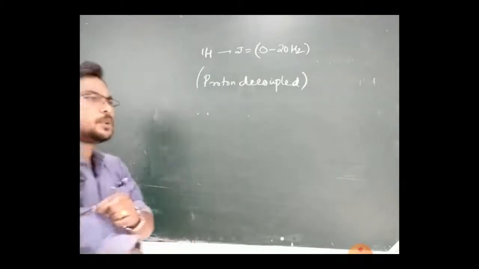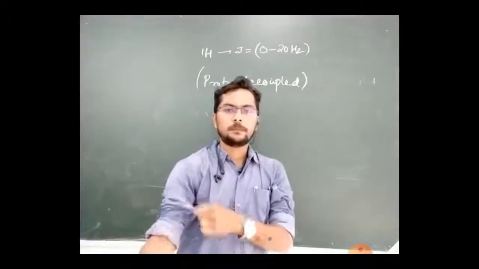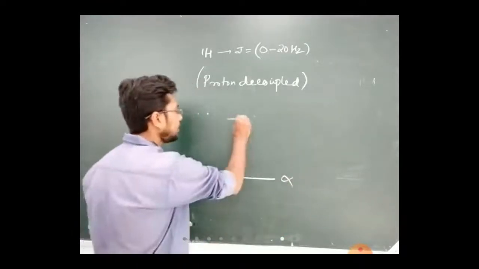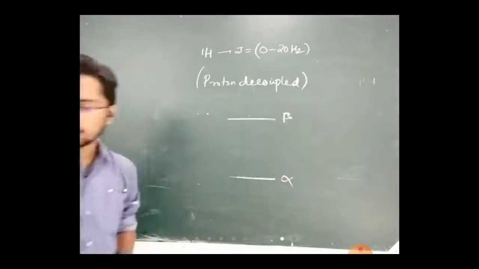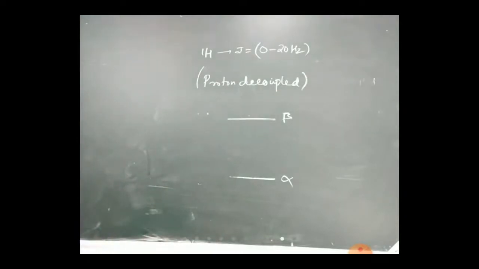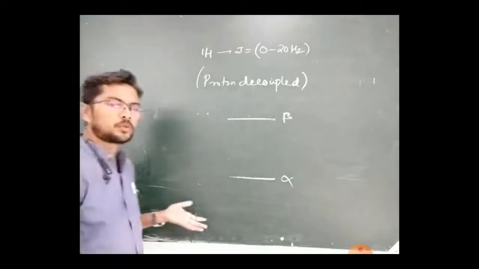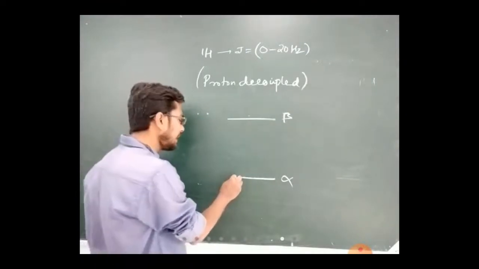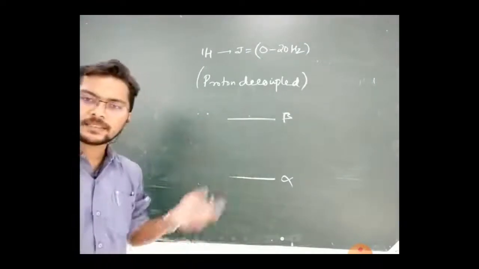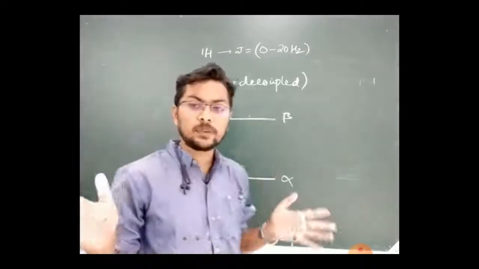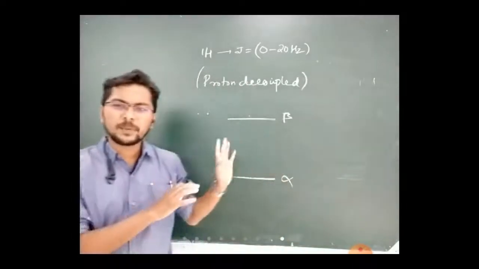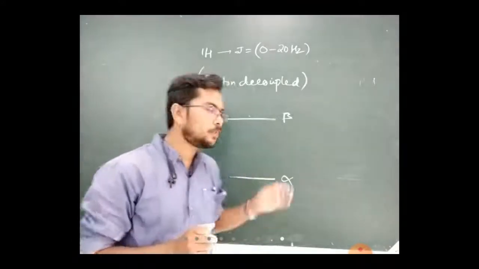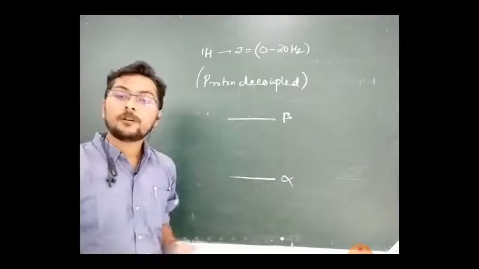Now do you remember the concept where I said that you have your alpha state and you have your beta state? The energy separation is there, and at a given room temperature, I told you that the population of the ground state will be slightly higher than the excited state. That means if there are 1 lakh nuclei, then at a certain temperature and a certain magnetic field, the difference is just 9 nuclei which will be in the higher state than in the lower state.